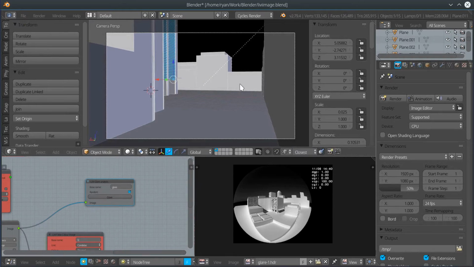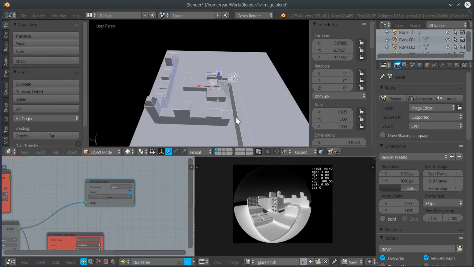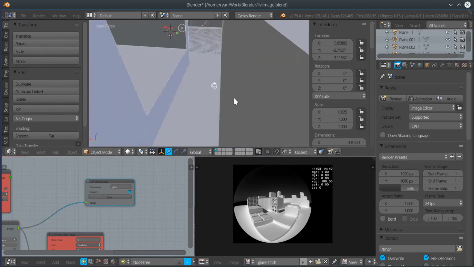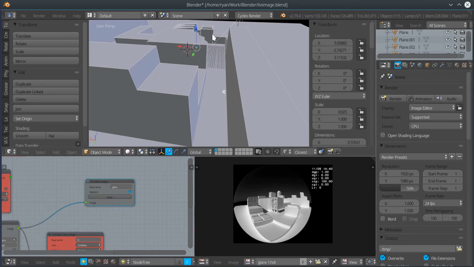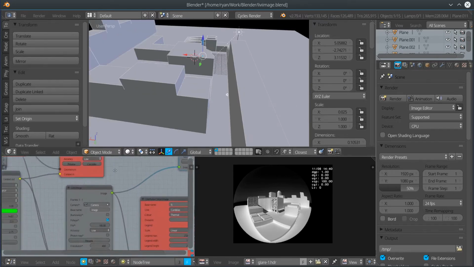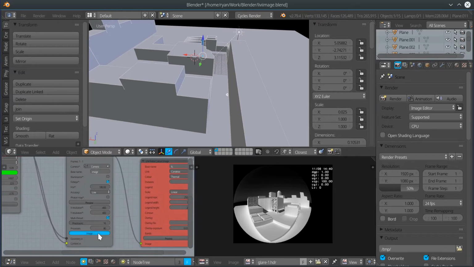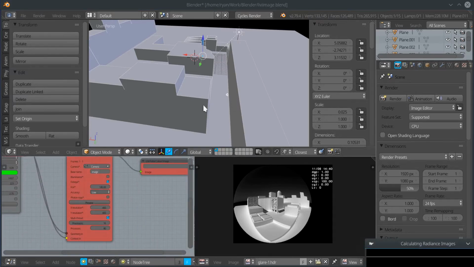So I'll move the camera now into this alleyway here. So it's a little bit darker in here, but it's bright out here. So if I now just regenerate that image based on this new camera position,